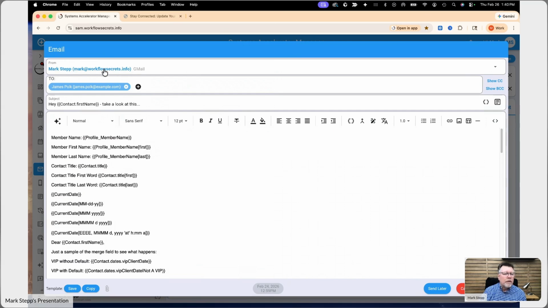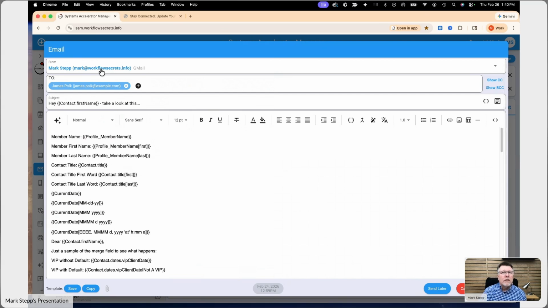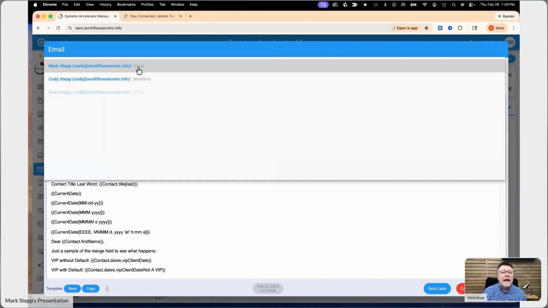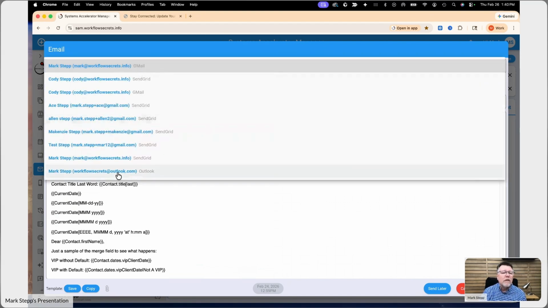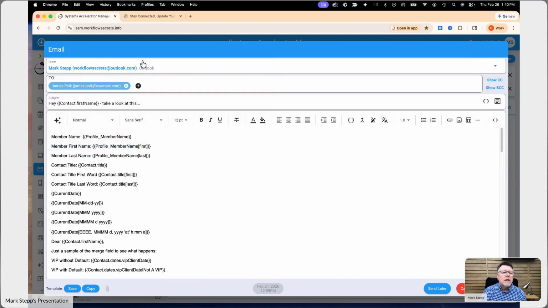Whatever account is selected probably does not have sending authorization, and it needs to. But in that event, you could send it through your Outlook account, and it would probably still go. So technically, we need to go in, if it was being sent from your Gmail account and giving that